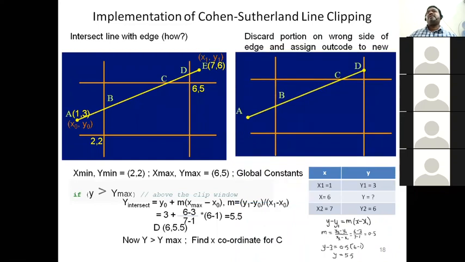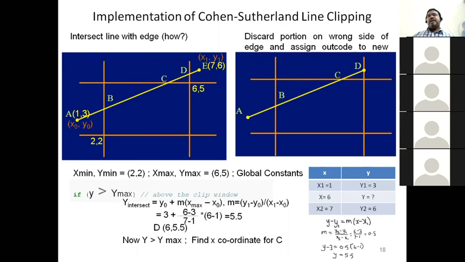Okay, right. Likewise, once D is not visible, whatever points are on the left side of these will not be visible. You can truncate this portion, you can neglect this portion. Again, the straight line will become like this. Again, find the intersection at C, find the x and y value here. If x and y are within the limits, this will be visible. Likewise, you move it here, find x and y, and do the checking. It is a repetitive checking by which you can find out which portion is visible to the observer.